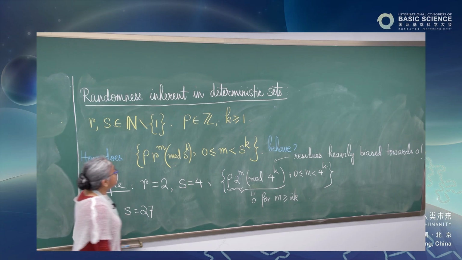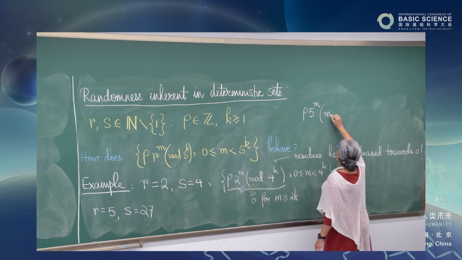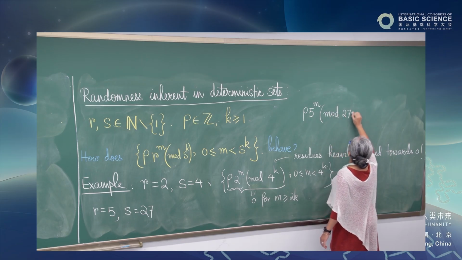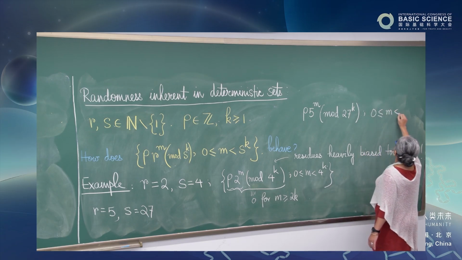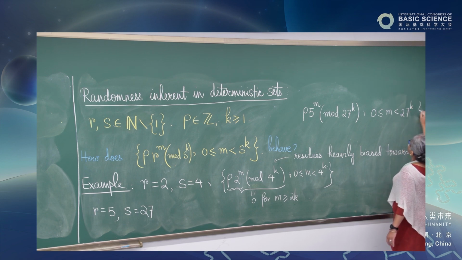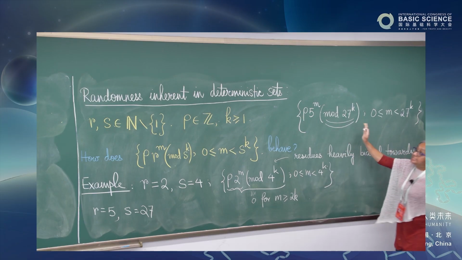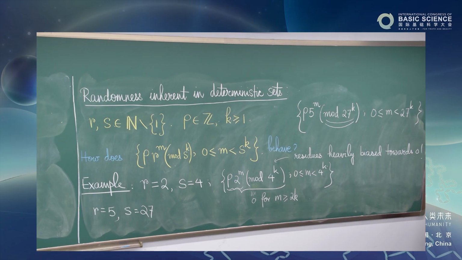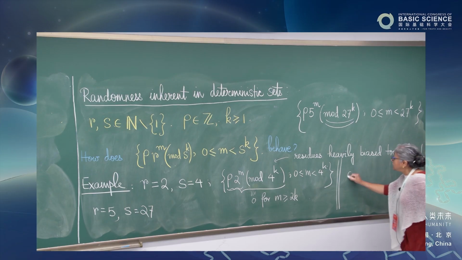Okay, so you would take a look at, let's say, rho 5 to the m, and you would look at it mod 27 to the k. And you would run this for m between 0 and 27 to the k, right? So how many possible choices of mod 27 to the k are there? How many residues are there? 27 to the k. And the whole point of this is that such a phenomenon cannot happen